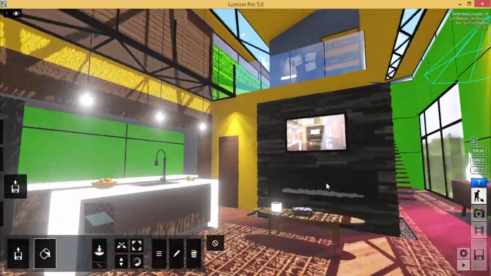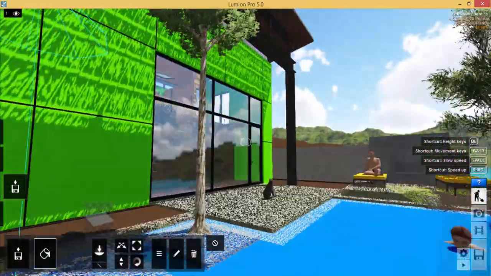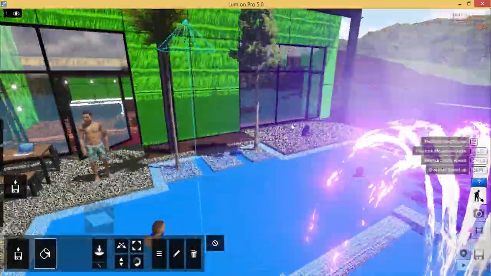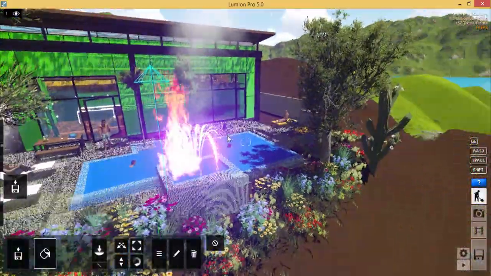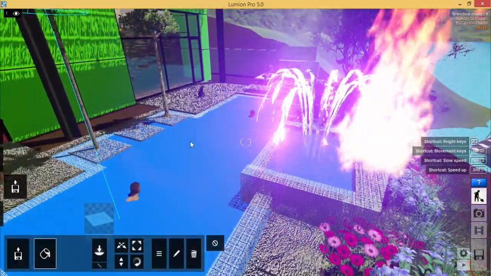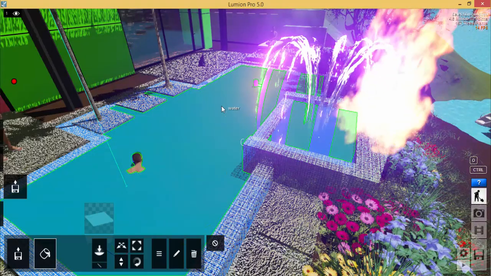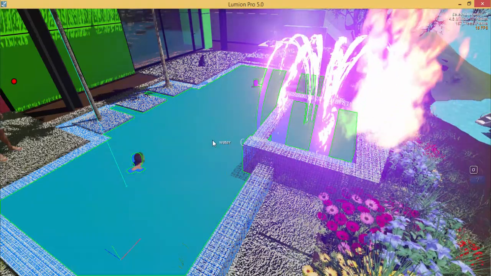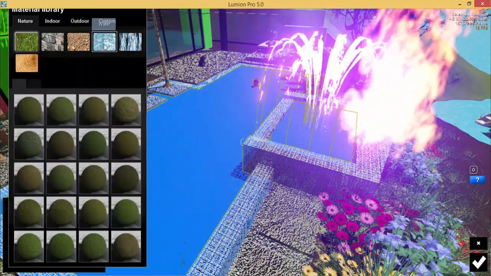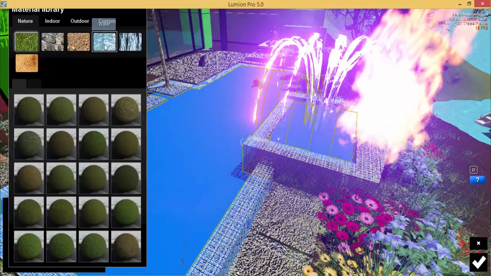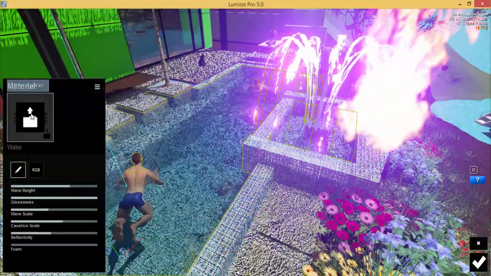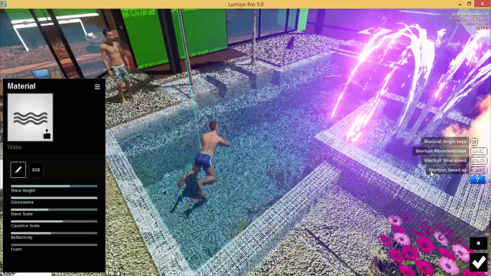So we leave it as it is for now, and we go out of the interior and then work on the exterior now. We are always very concerned with water. So let's look at this part here. Water. So we click on this, and if you see under nature, the water material is here. So I'll click on this and click on water. That's it. That's water.